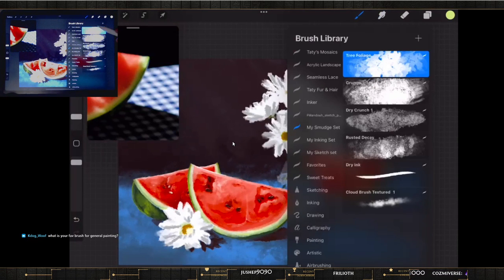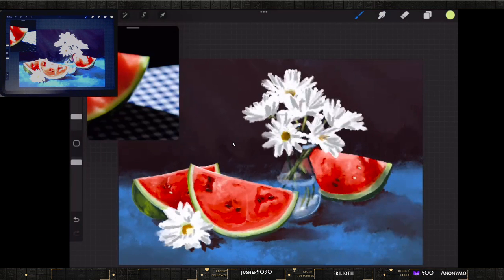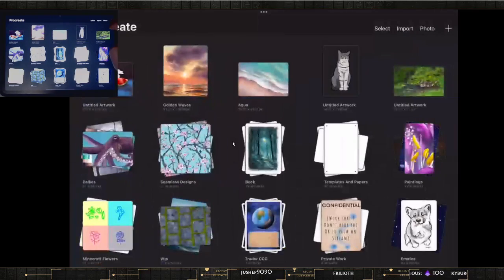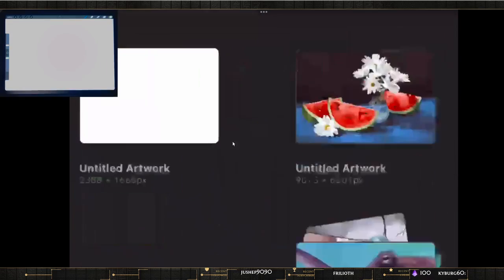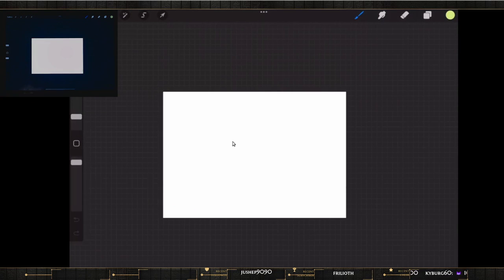My favorite for general painting is the tree foliage. I'll do a rundown of brushes if you guys are all amenable to that. I'll do it on a different image, but let's go to the different image. I want to show you a few things. We'll just do a super quick